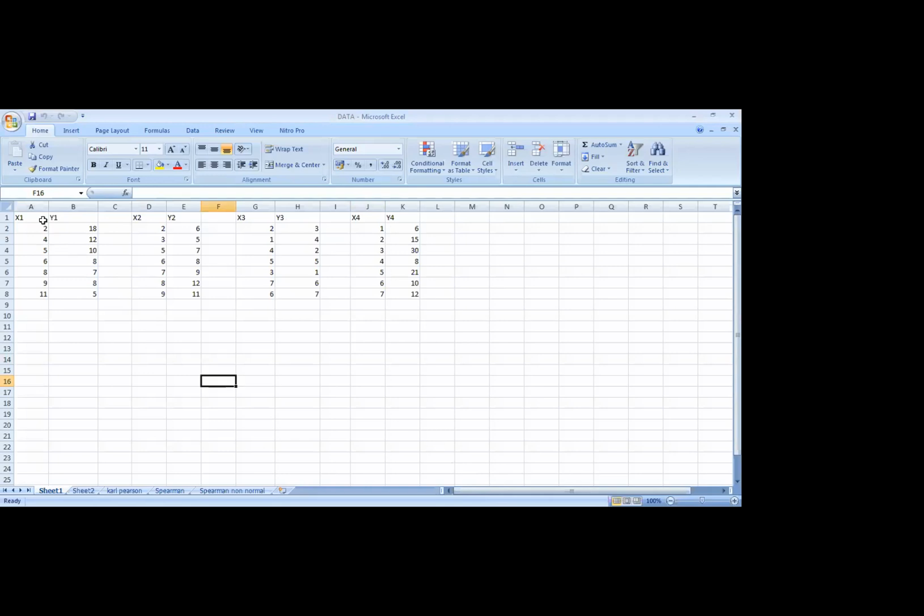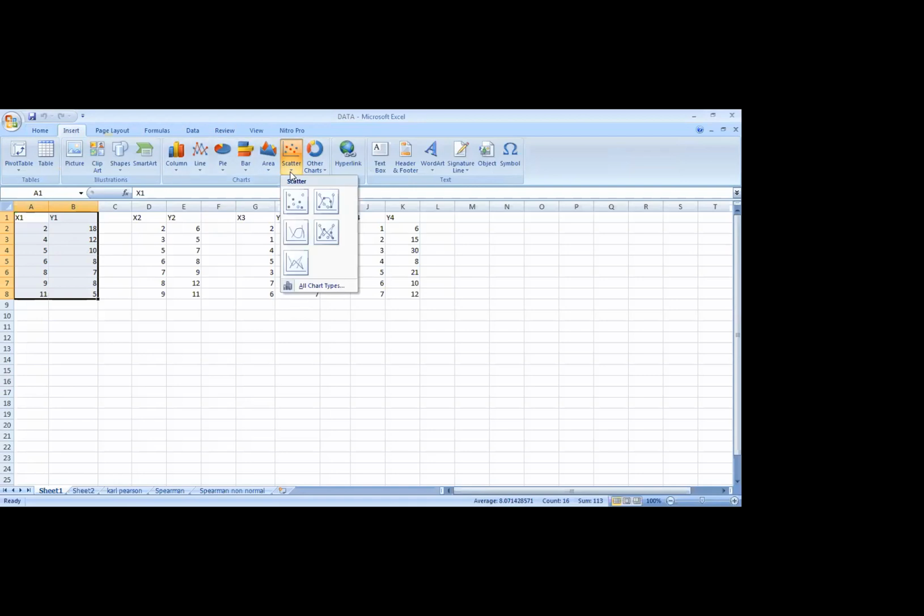So how do we plot a scatter diagram? We can plot the scatter diagram in both SPSS and Excel. In Excel, here we have two sets of data, x and y. If we want to know whether there is any relationship between the two variables, we can plot a scatter diagram like this. Before drawing it, we should select the data set first like this, and then go to Insert.